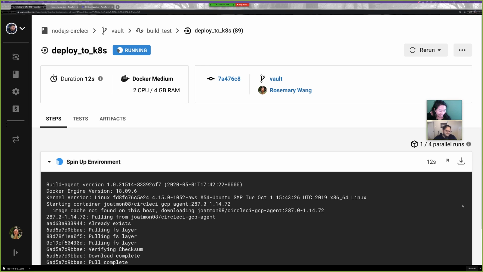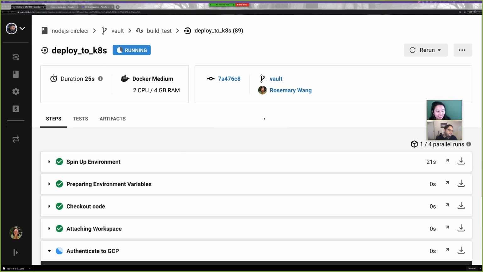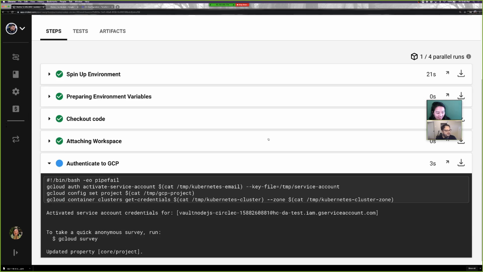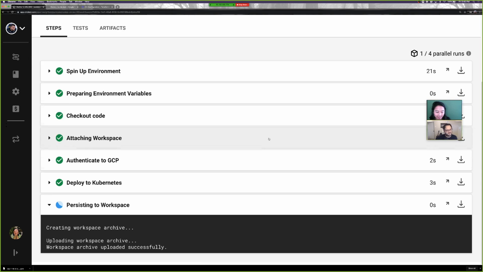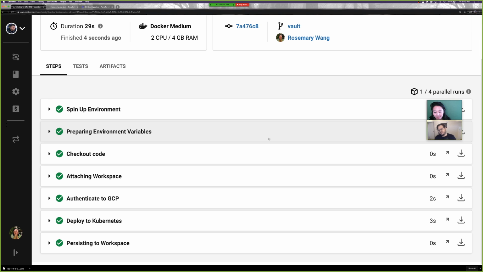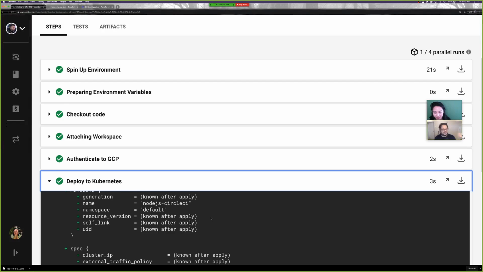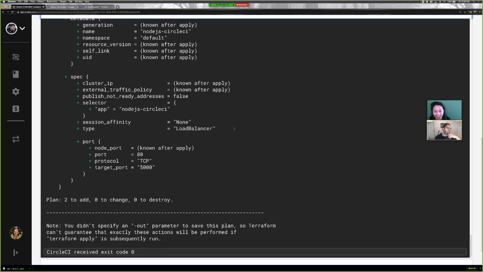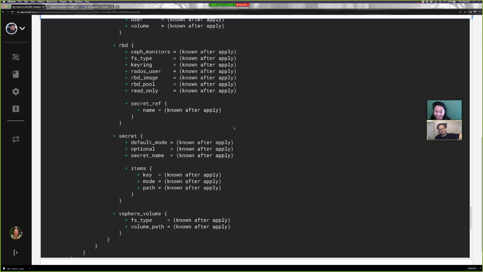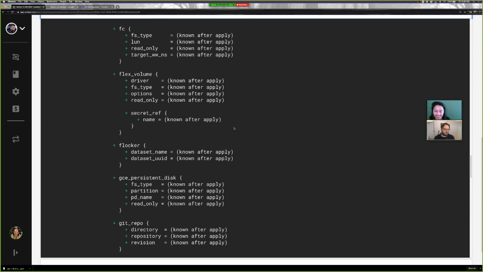Oh gosh. So in case anybody was wondering why these might take so long, it's because I have a giant image that has everything in it, that is all purpose and is not optimized for pipeline running. Well, there's also tweaks you can do here too. See, this is running a Docker Medium, which is what we give away for free in the free tier. If I was paying for this, then I could increase the performance, or what we call